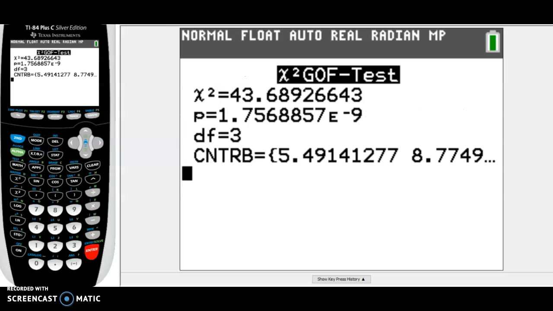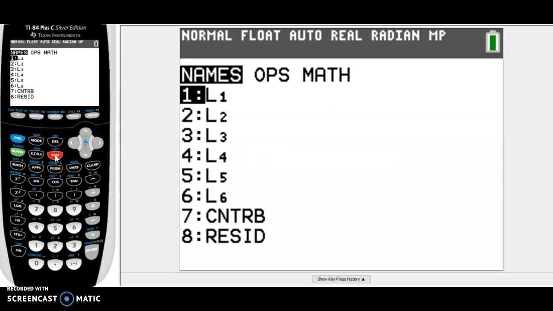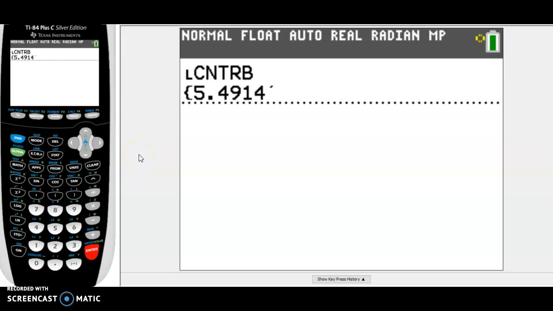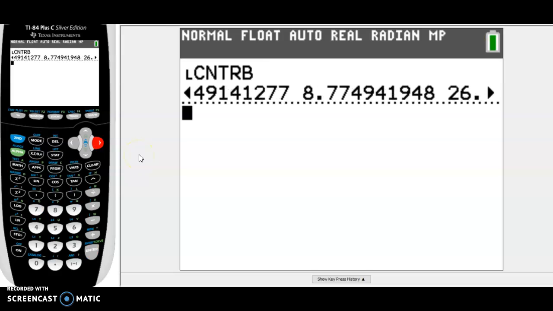And then one of the follow-up pieces now. So this created that contributions list, which was what was on my screen when I did list 1 minus list 3 quantity squared and divided by list 3. With chi-squared, there's something called follow-up analysis. So if I go to second list now, I can see that contribution list was already created and saved for me. So I could put this in my stat editor to look at it, or I could from here just scroll. So 5 something, 8 something, 26 for that third habitat space,